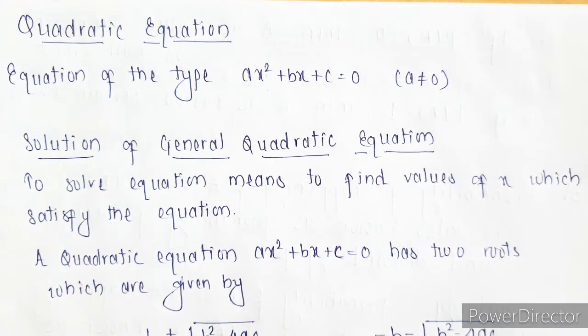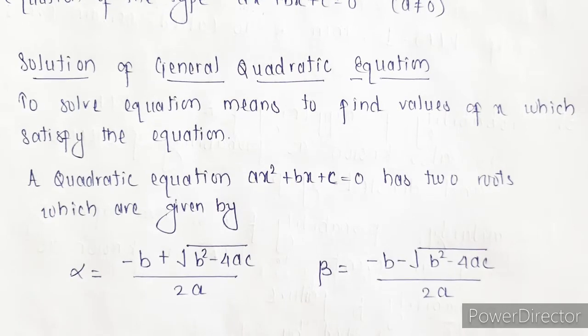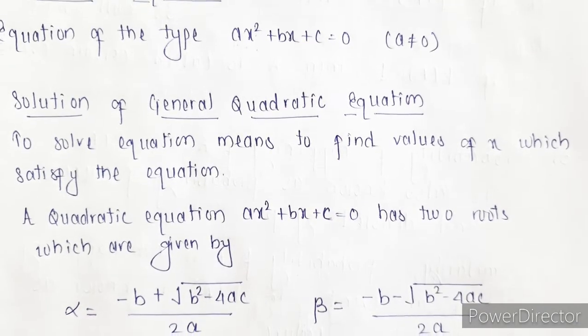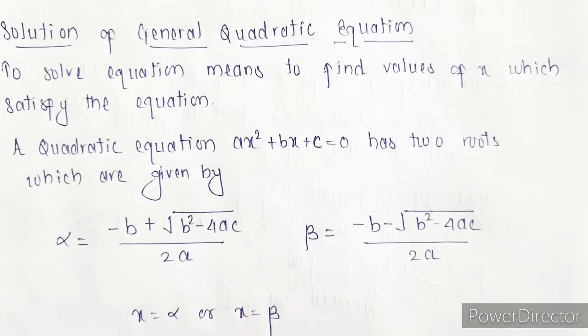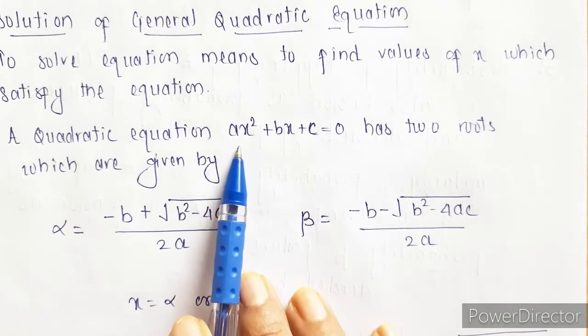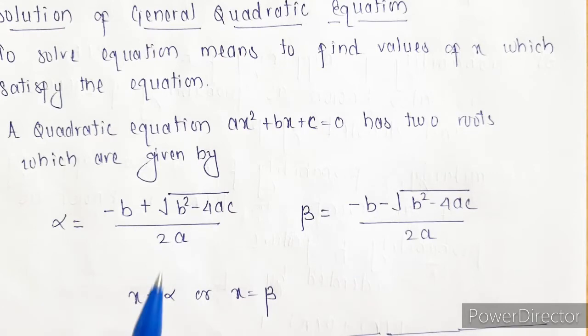Now, the solution of the general quadratic equation. To solve any equation means we are finding the values of x which satisfy that particular equation. In this case we are finding values of x which will satisfy this general equation. Here we have two formulas by which we can find values of x. Since it is a quadratic equation, there will be two roots, which can be found using alpha